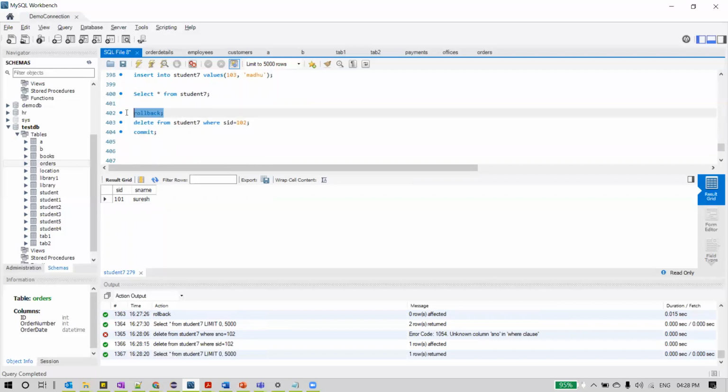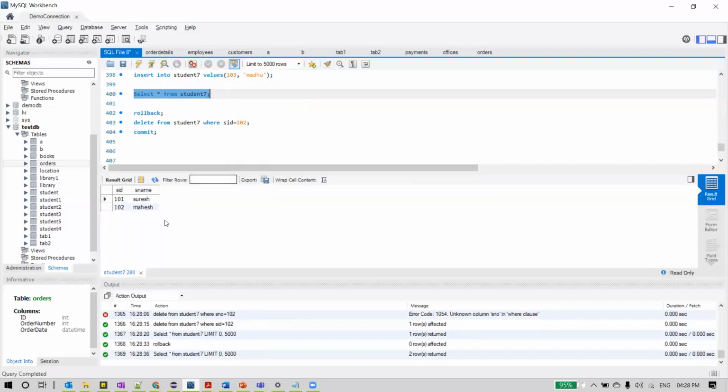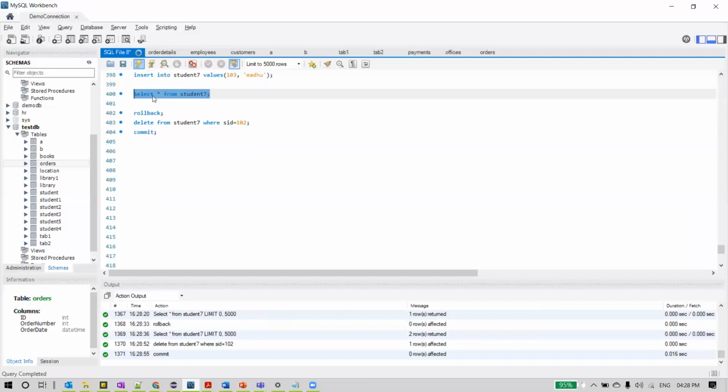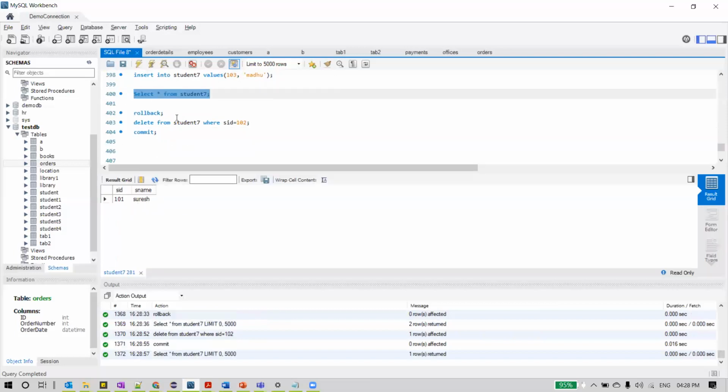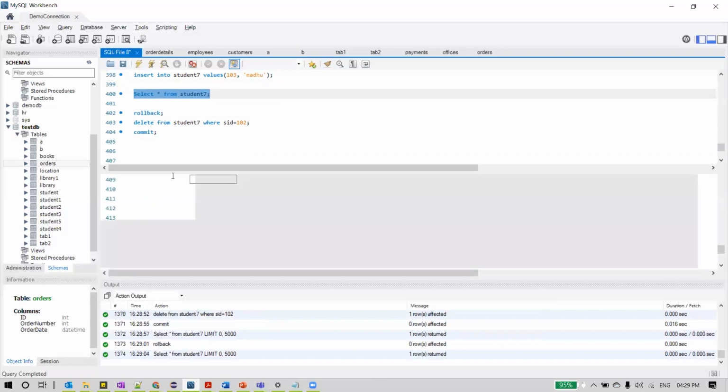Then I always have the option of rollback. So I can just do rollback and do select star from table. The row will be back in the table. So this is the use of the transaction TCL commands, rollback and commit. And if you feel that you really wanted this to be persisted on the database, then you can delete this and also commit this transaction. Now you can see only one record, and even if you roll back now, you will not get the record back as the transaction is already committed.